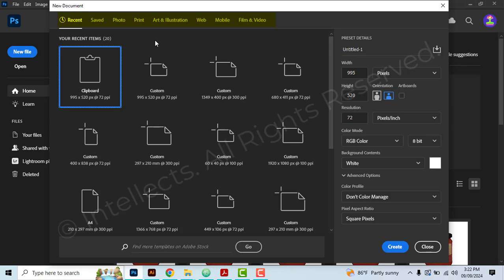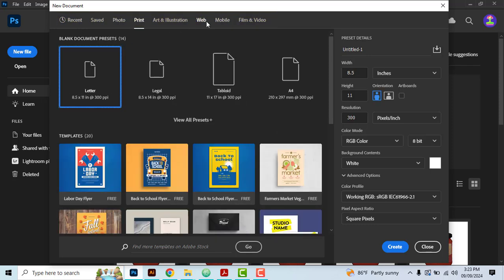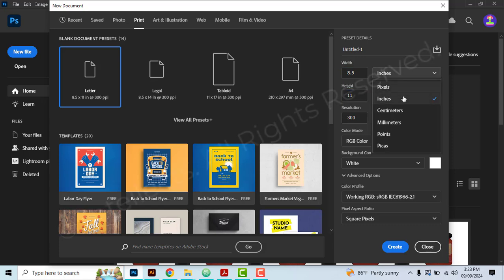You'll notice a few key sections here. Preset sizes. On the top, you can choose from common sizes for photos, prints, web, and more. Document name. You can give your document a name by entering it in the top field. Width and height. Set the dimensions of your canvas in pixels, inches, or other units. Resolution. For web graphics, 72 pixels per inch is recommended, but for print, you'll want a higher resolution, like 300